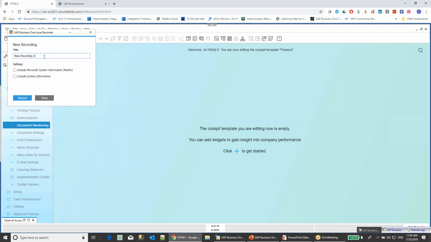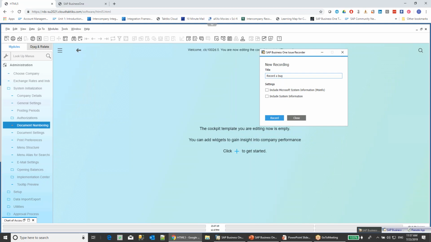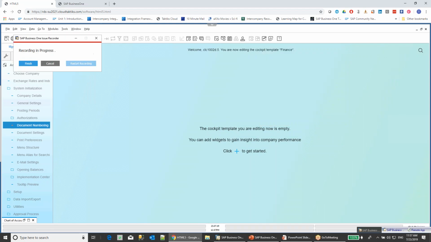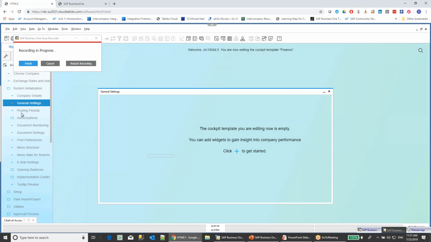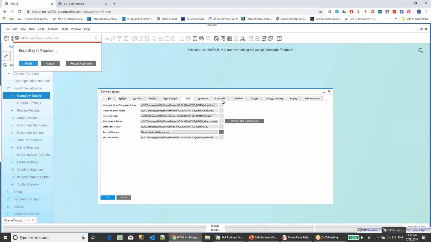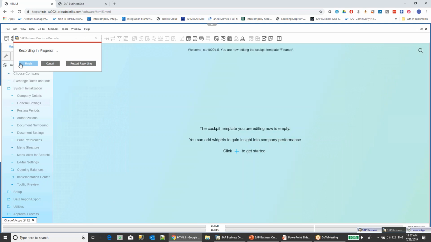So I can put a new recording and put, for example, record bug. Click on record. I want to include as well the system information. And I think the system will automatically put everything in one file if you want to send it to us if we requested this. Okay, so I can make a record, and here's the system. So you can show the error, whatever you want, click OK, and then finish, and the system will save